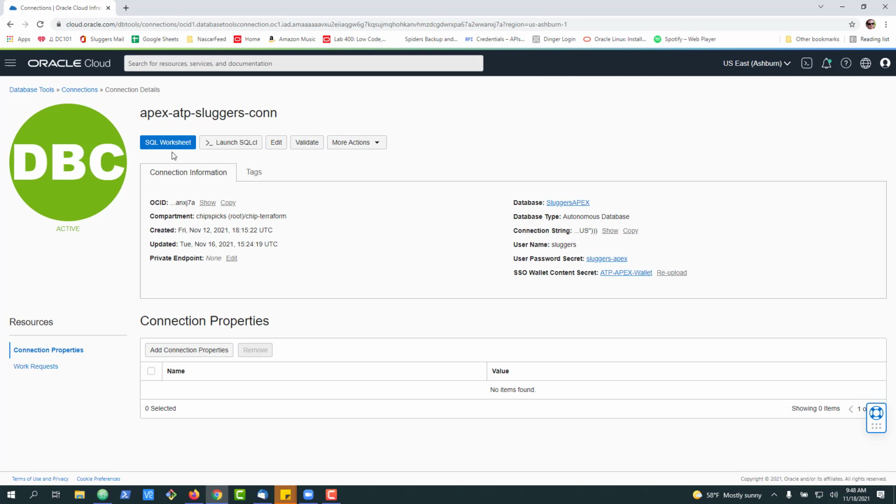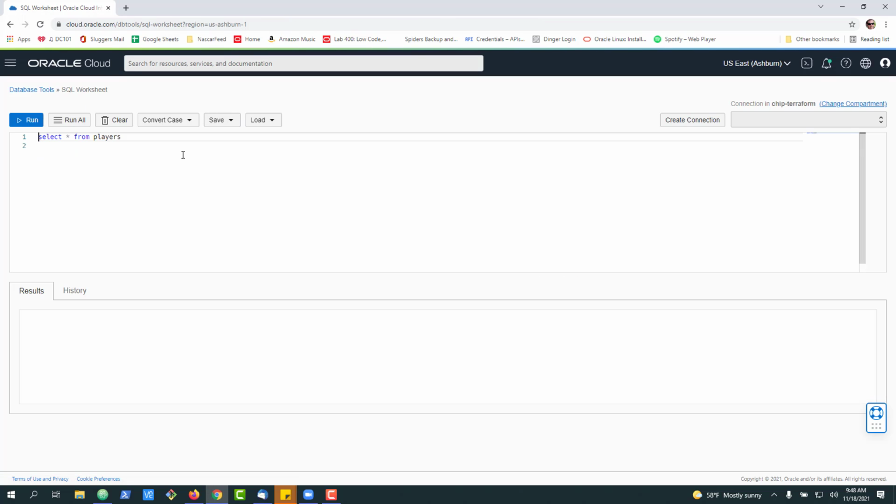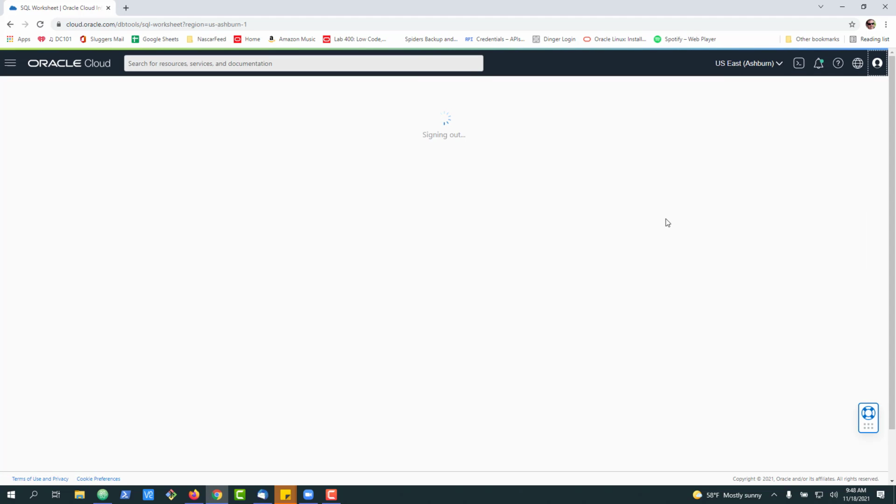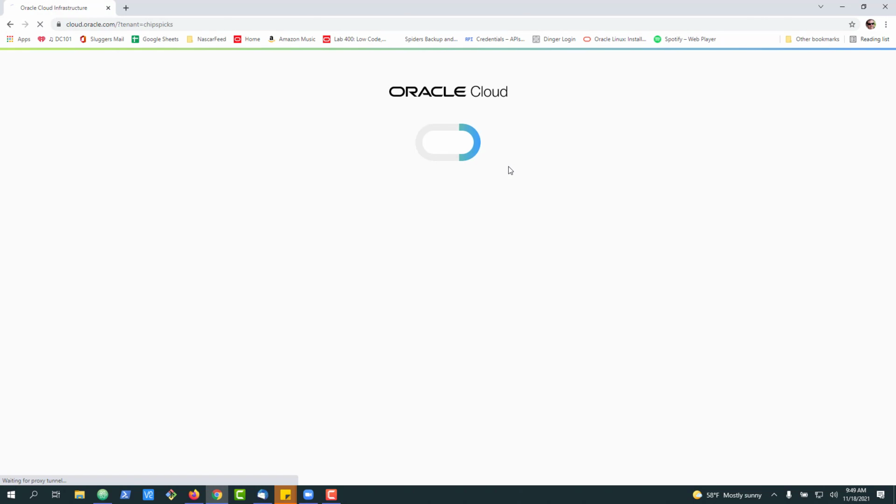So you maybe remember this was our connection that was made, and we ran the simple query to pull data from the Apex schema. All right, so what we're going to do now, I'm actually just going to go ahead and log out. The current user is cbaber@gmail.com. He's actually an administrator user, and we're going to log into a much less privileged user,